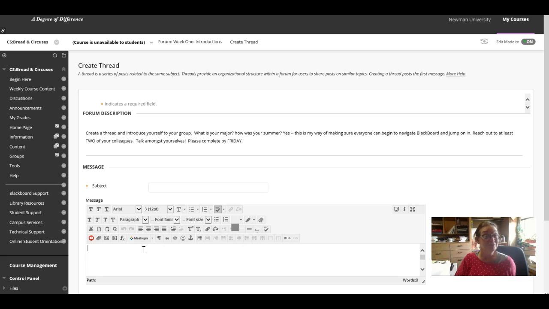I usually then ask you to comment on at least 2, sometimes 1, but 2 of your colleagues' posts, right? But before you can do that, you have to create your own thread. It's set up so that you have to present yourself first and present your ideas first, and then you can engage in the discussion that everybody else is having. So you've got to put yourself out there, and then engage with everybody else.